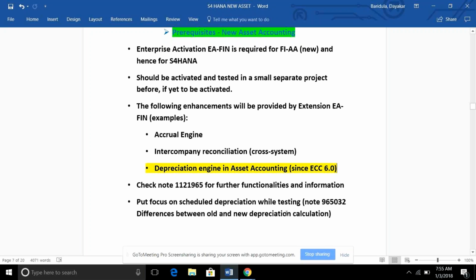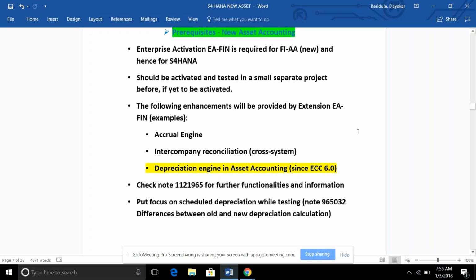And there are two notes given for the complete guideline for these checks. Note 112196 is given for the functionalities, especially for this EFN and all this activation prerequisite setup. And they also gave one more note, 965032, to see the differences between the old and new depreciation calculation.